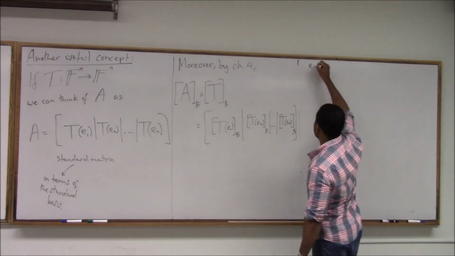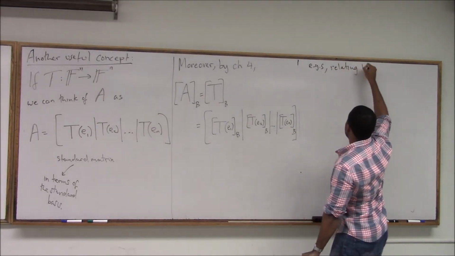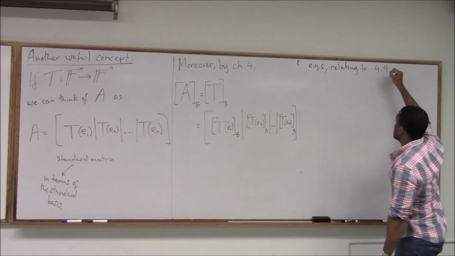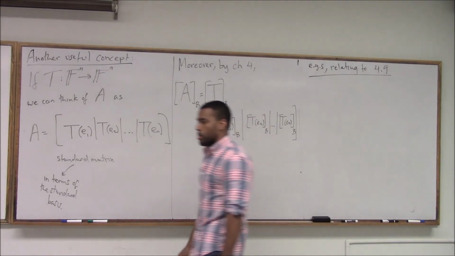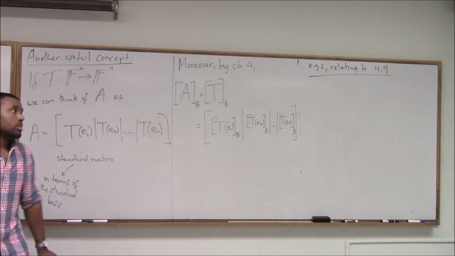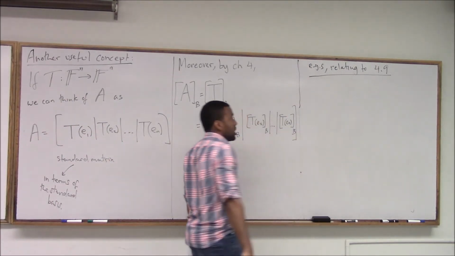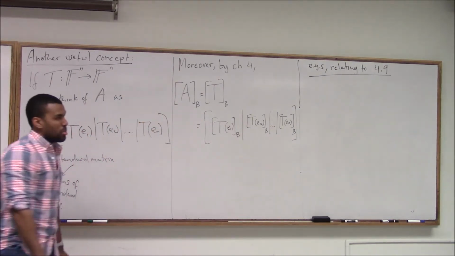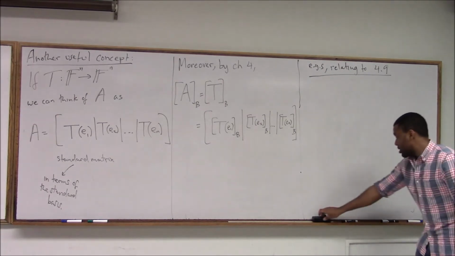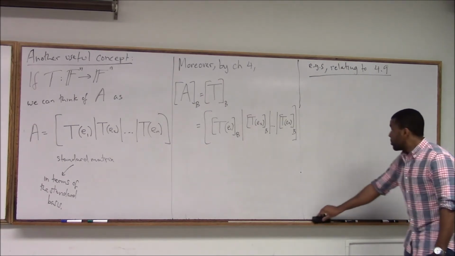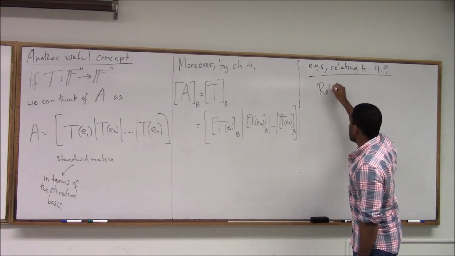Let's do some examples relating to 4.9. In 4.9, we kind of skipped it. We didn't really talk about the geometric interpretations. We were more focused on theoretical and computational ones. But you can apply it to the geometric situation if you want, just by looking at what it does to the basis vectors. So, for example, if we look at rotation